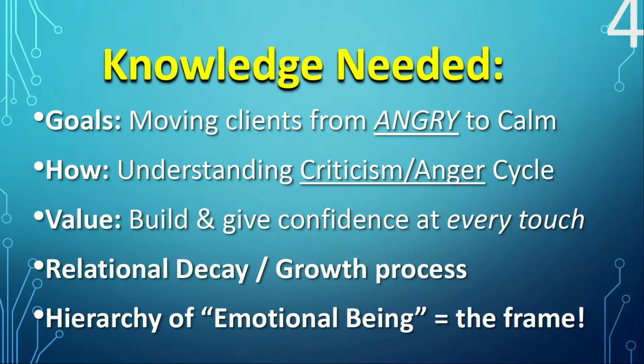This is the first model I'm going to give you. With your family and friends, you have an idiosyncrasy account, them to you and you to them. Each of you gives each other credits and debits based on your understanding of your unique behavior. When that comes down to 0, family you're related to will give you credit for a while past the 0 level. Friends a little less, first date very little. Business relationship, almost none. But that's why you want that idiosyncrasy account to be building value, or rebuilding the value that's lost. So think of that every time you have a touch point: build that confidence.